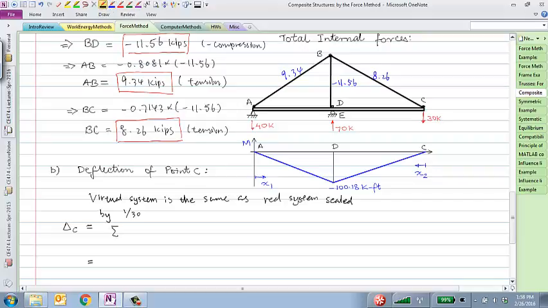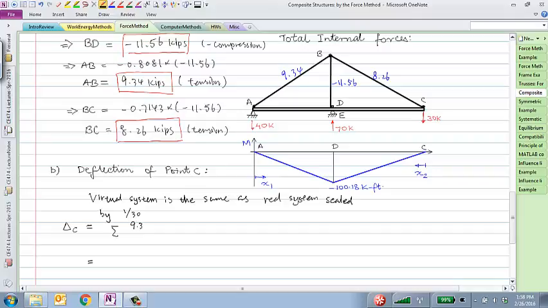So first, let's sum up all those truss members first. Go ahead, I'll go ask. How to get the negative